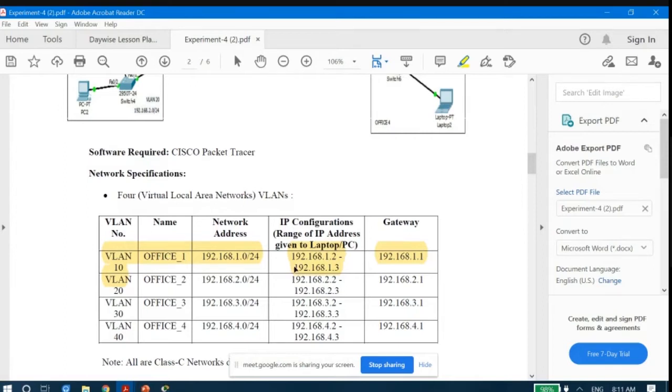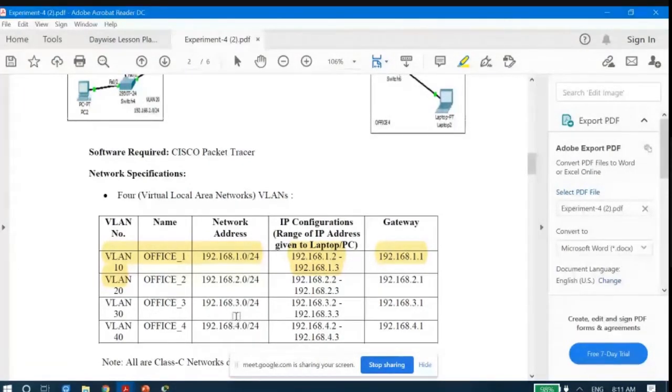VLAN 10 will be given the network address 192.168.1.0/24, which signifies this is a class C network. The gateway address etc. are also given. Similarly for VLAN 20, VLAN 30, and VLAN 40 the information has been given.